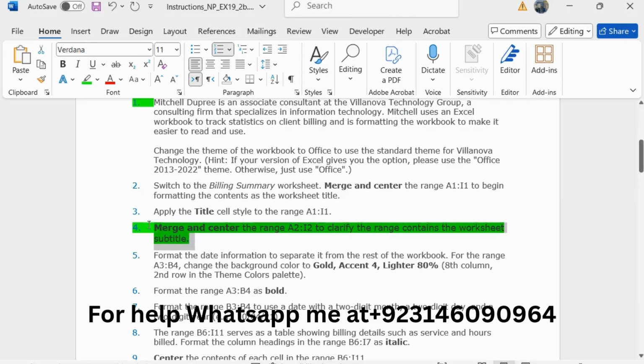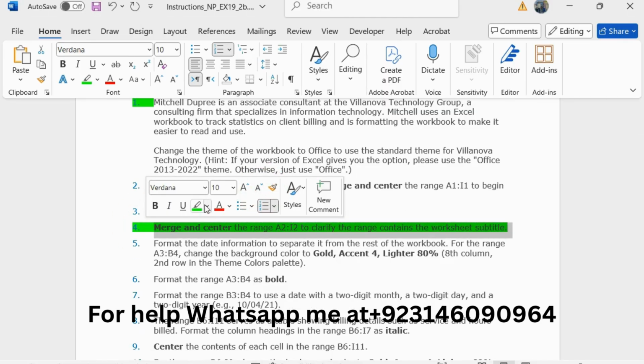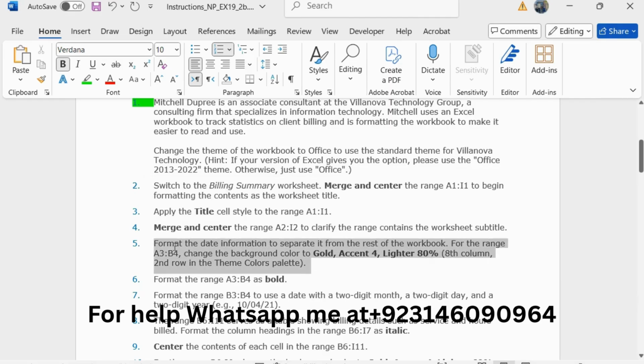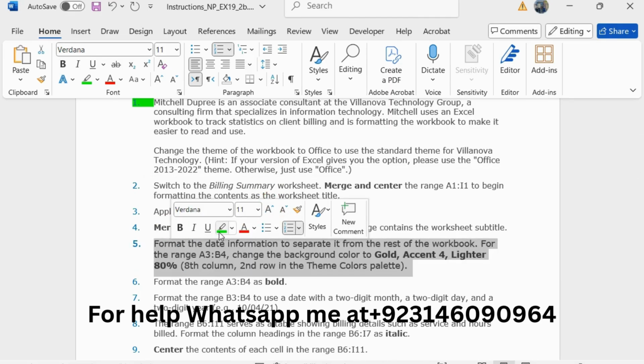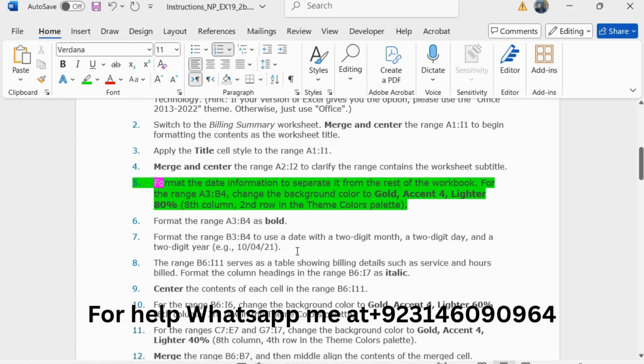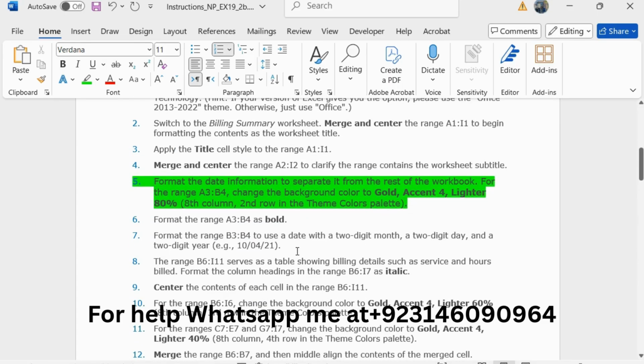So I have completed 4 steps successfully, and our step number 5 is format the date information to separate it from the rest of the workbook. For the range A3 to B4, change the background color to Gold, Accent 4, Lighter 80%.